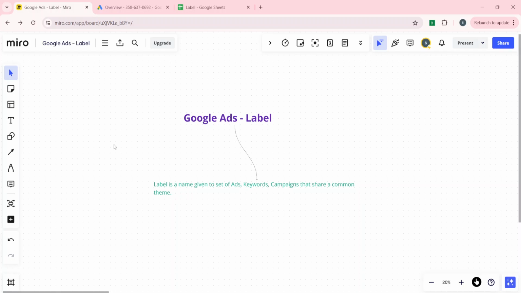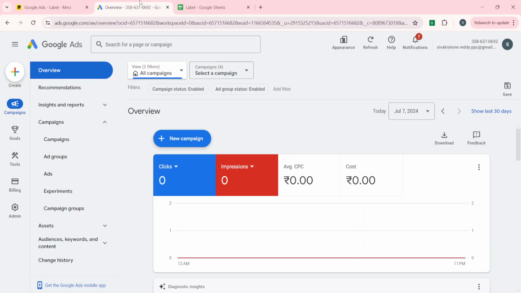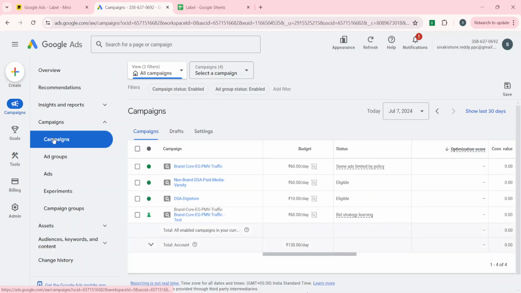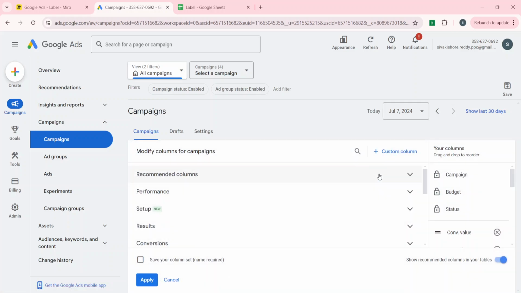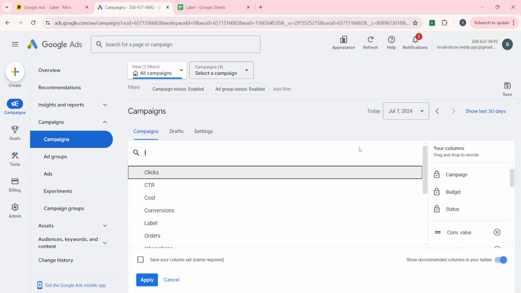In Google Ads, labels are used to give a name to a set of campaigns, ad groups, keywords, and ads. We can give labels at many levels, at all the levels. Let's see how we can give them, right? So going into the interface now. You see here, going to the campaigns, we can add the labels. Go to the columns and modify columns, label,